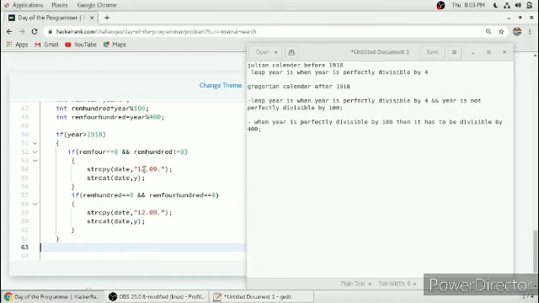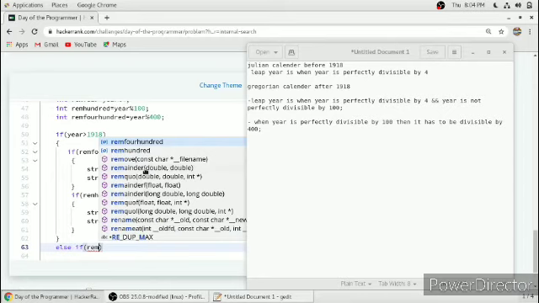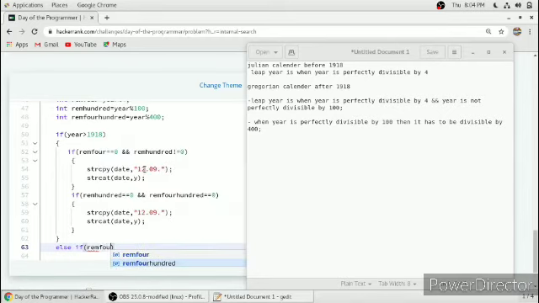So in the else part we will check if remainder of 4 equal to 0.